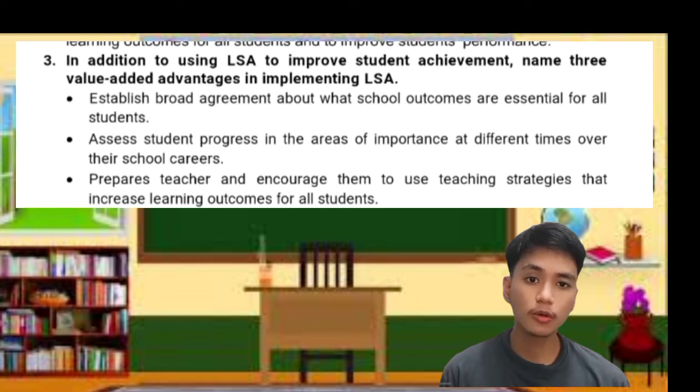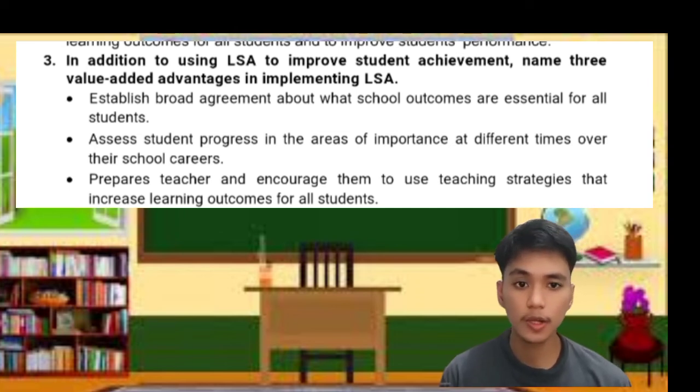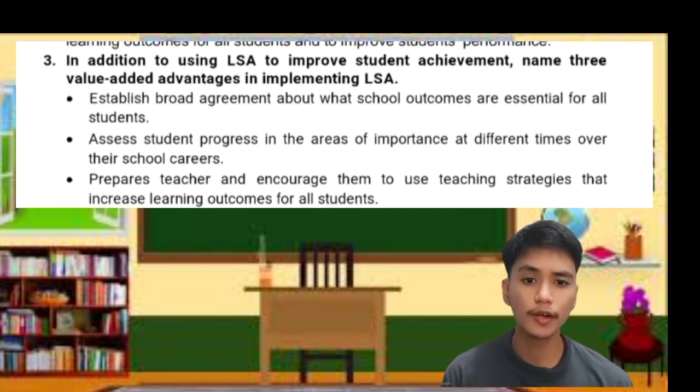Number 3. In addition to using LSA to improve student achievement, name 3 value-added advantages in implementing LSA. First is establish broad agreement about what school outcomes are essential for all students. If there is a broad agreement, most of them will agree about it in a general way, even if they do not agree on all its details. Number 2,